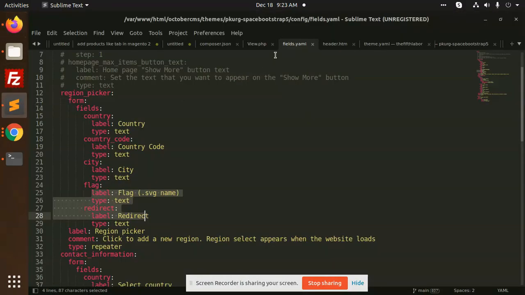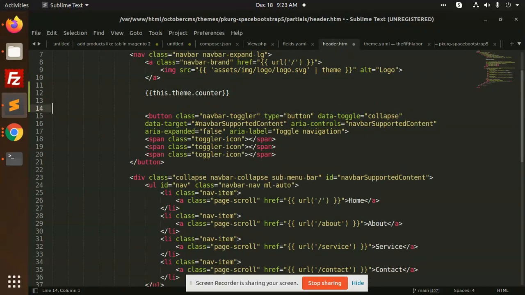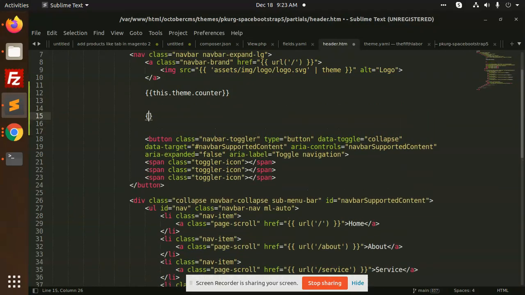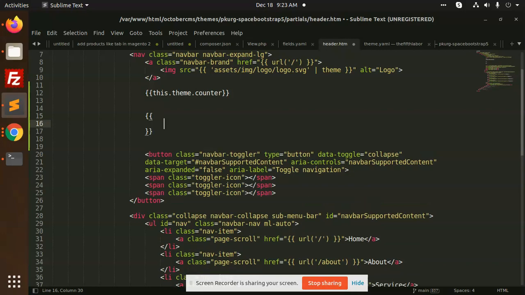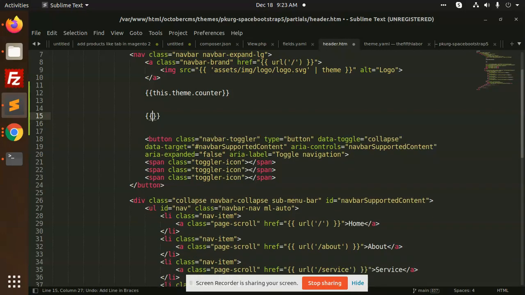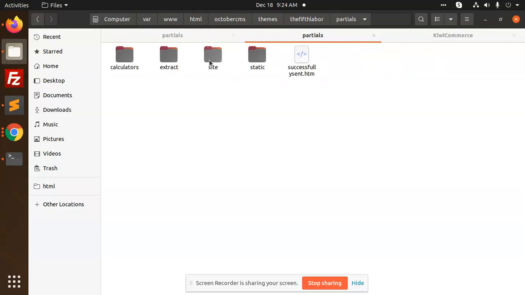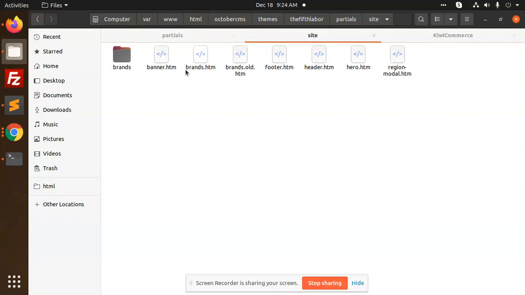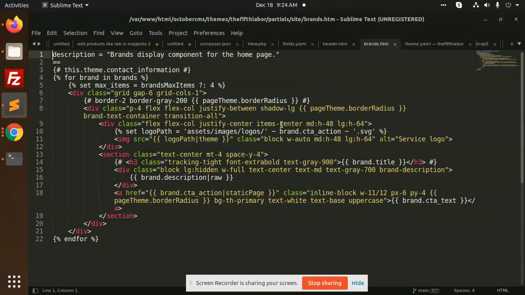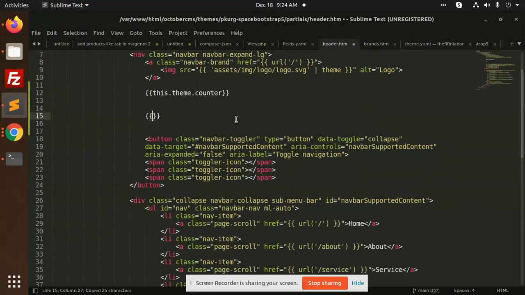Let's go to the structure. Let's go to the header part, and I'm going to call it. Okay, you have to create a for loop for that. Now let me check. I have already used the for loop, partial, site, tracks. Okay, this is what I'm going to do, and end for. So I'm going to add this part, and after that end of for.